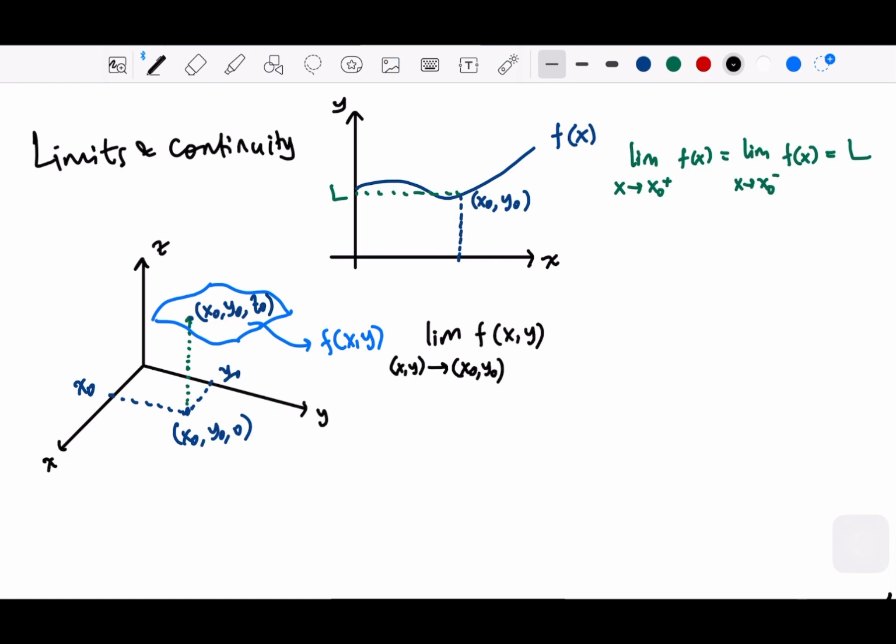That's the function. From here, we can have many ways to approach the point, right? So let me write first as a note: there are infinitely many curves that can approach